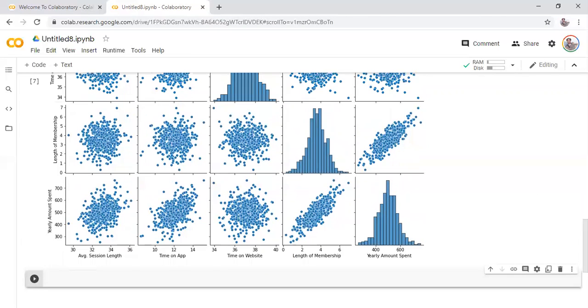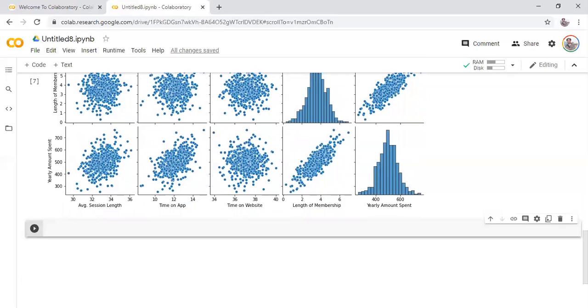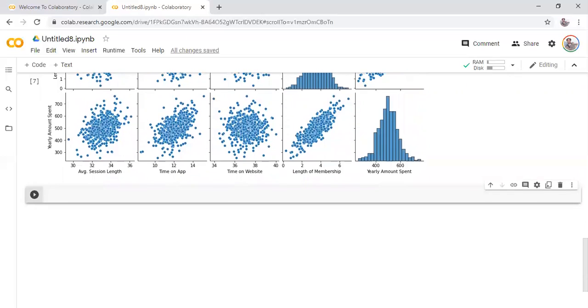From this, what I see is that yearly amount spent is quite significantly related to length of membership. Which are the most important parameters, we will see once you start the actual class. But let me just go ahead and create a model now.